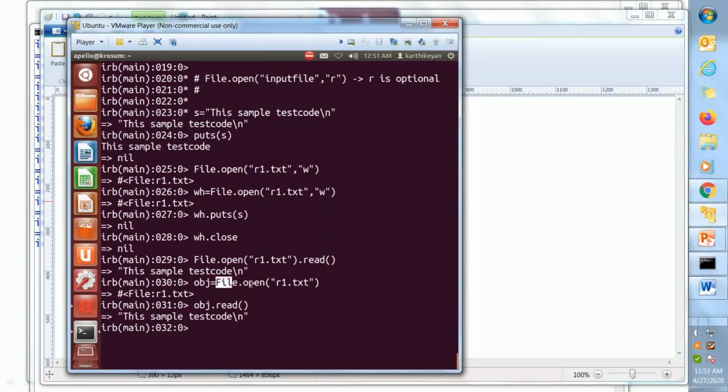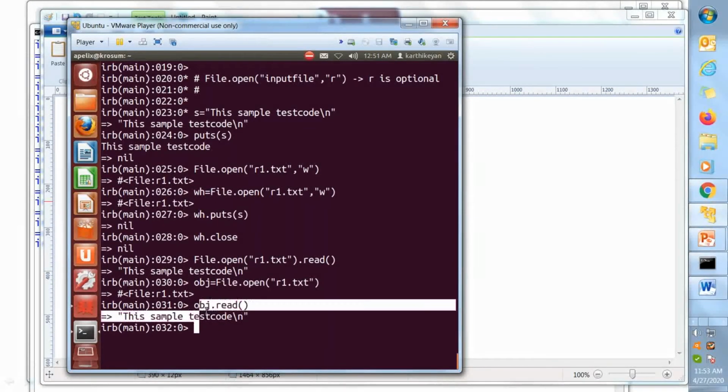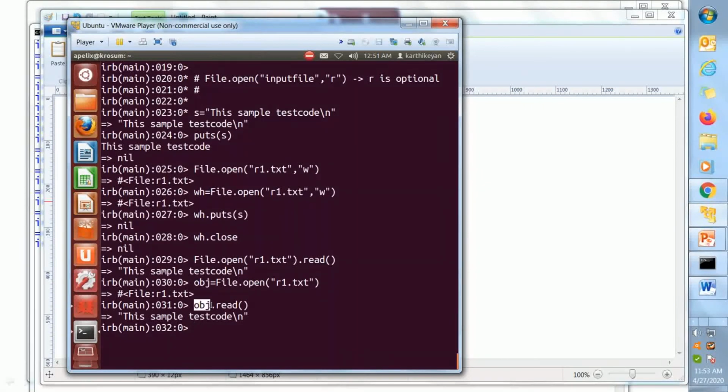So in these two steps, what is obj? The obj is called file handling. See that assignment operator, file operation. So the line I wrote here is obj file operation dot read. Read returns a string. Right now the file contains one line of string. So see the difference between